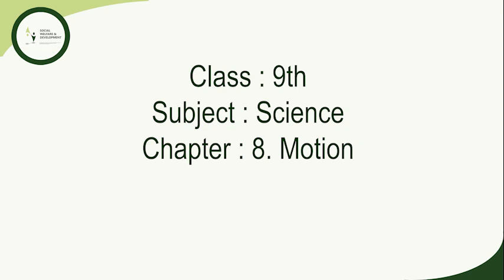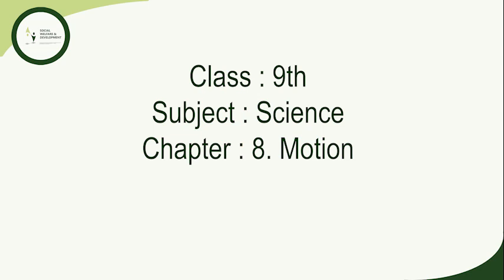Now the next problem is, Abdul while driving to school computes the average speed for his trip to be 20 km per hour. On his return trip along the same route, there is less traffic and the average speed is 30 km per hour. What is the average speed of Abdul's trip? Now let the distance of the school be s kilometer. Let the time to reach the school in the first trip be t1 and the time to reach the school in the second trip be t2. So average speed is equal to total distance upon time taken.